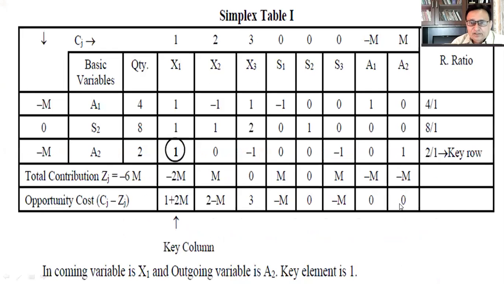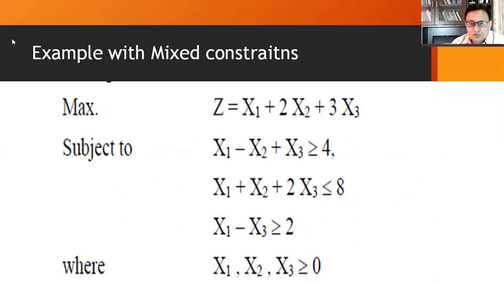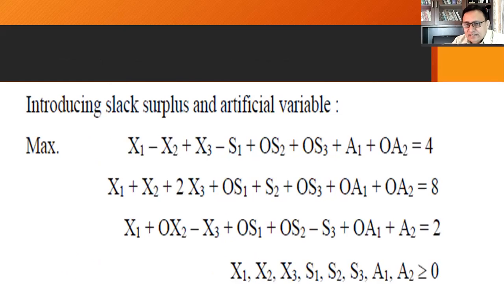And similarly, we'll be changing the objective function also, because here only z is equal to x1, 2x2 plus 3x3 is there. But we will introduce artificial, surplus and slack variables also. So as far as surplus and slack variables are concerned, here we will be giving 0 s1, 0 s2, 0 s3. But here the problem is of maximization. Artificial variables will be introduced with minus M to A1 and A2 in the objective function. So in this way, the objective function will also be modified.